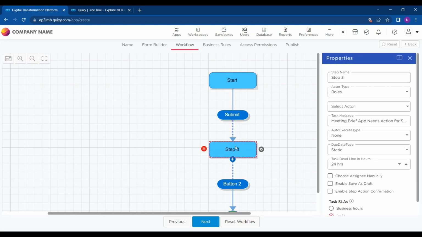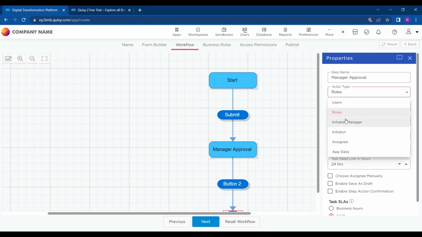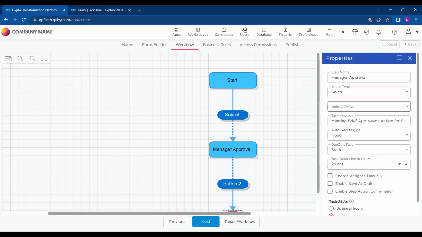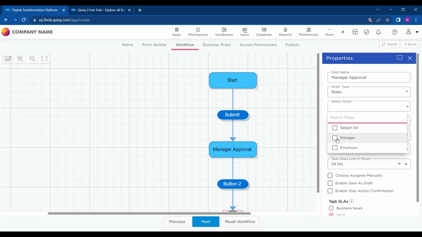So after submission, we'll go to manager approval and the role. In roles, you can either select the users to give the task to specific users or to roles, or to give the option to assign it to a certain person or certain role. So I'll just choose the role as manager,